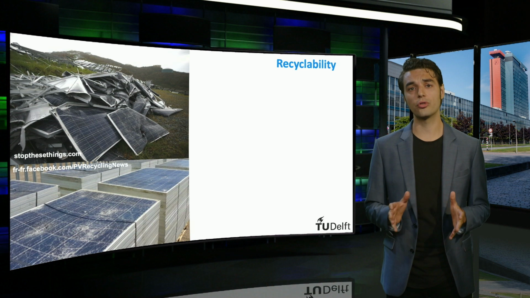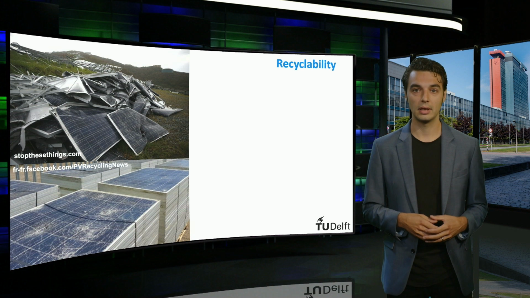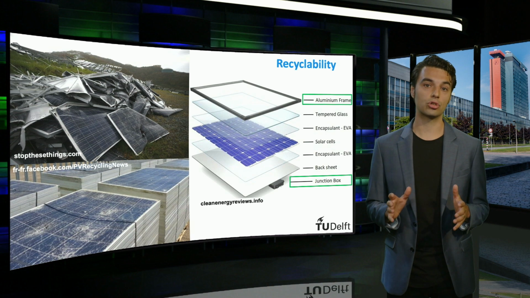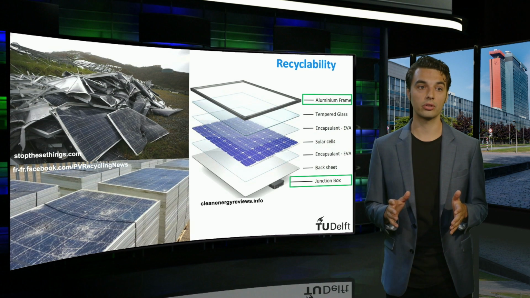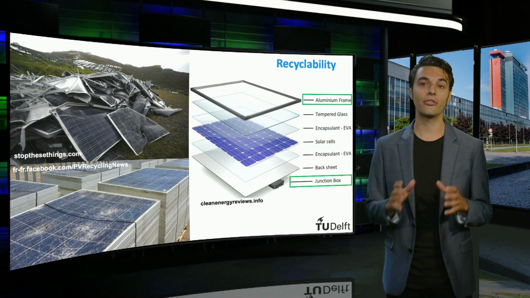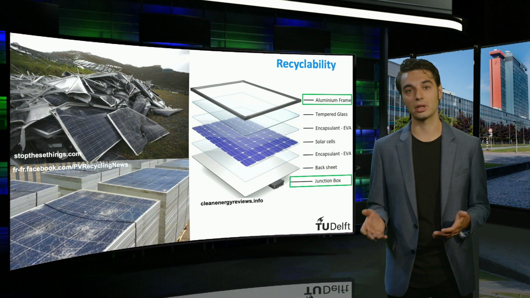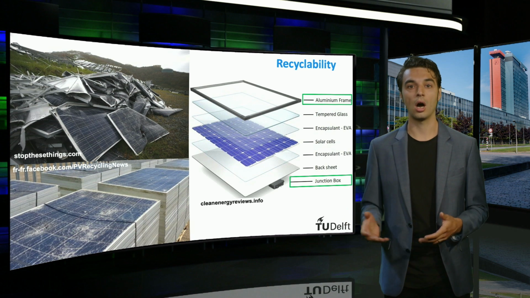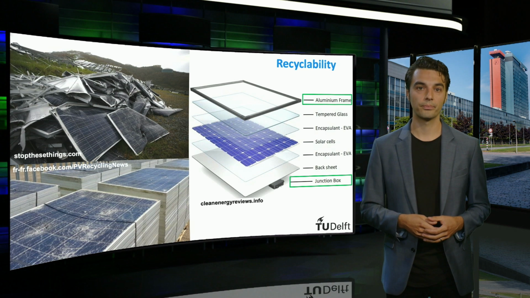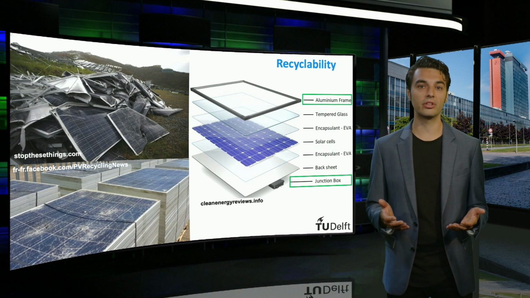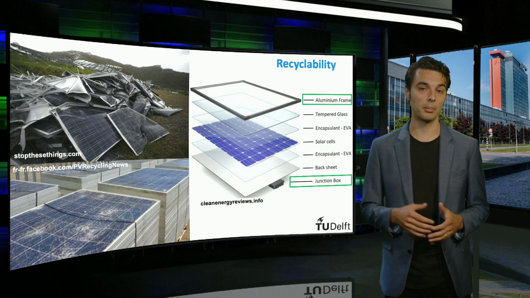Currently, few countries have established schemes for the collection and recycling of these PV modules. In the few recycling plants currently in existence, only the aluminium frame and junction box, indicated in the visual, are effectively recovered. The remainder, including the glass plates, silicon solar cells and silver contacts, are crushed and used as building material, predominantly for roads. Processes to improve the recyclability of a PV module are technically, but currently not economically, feasible.